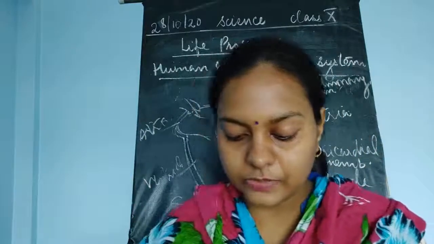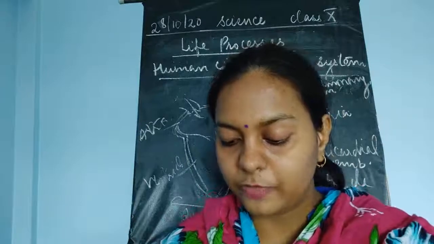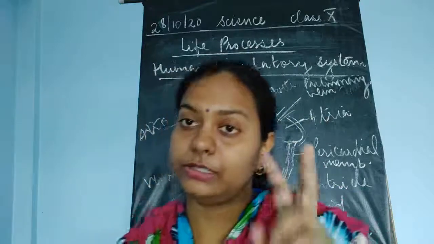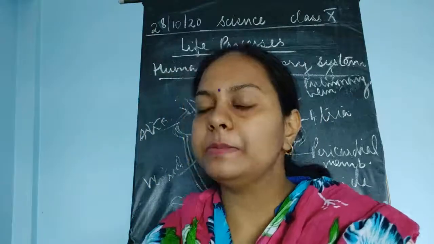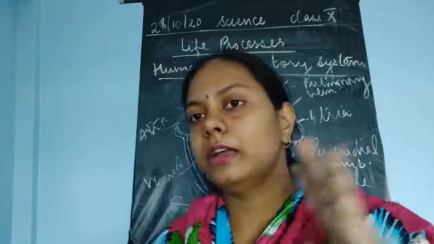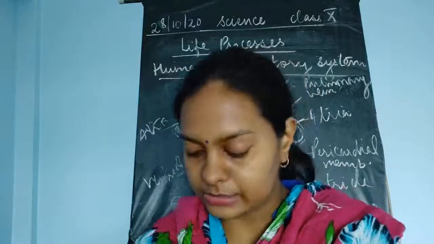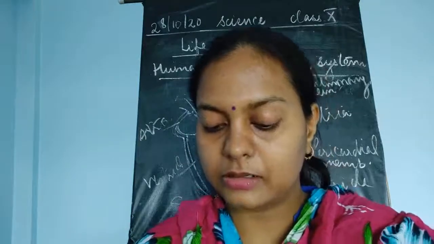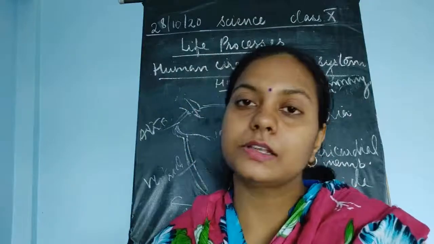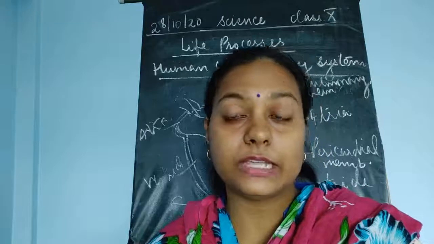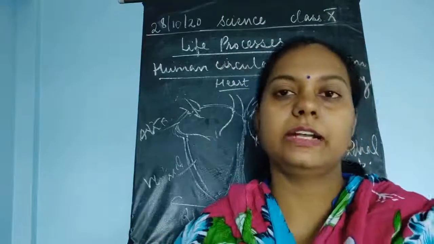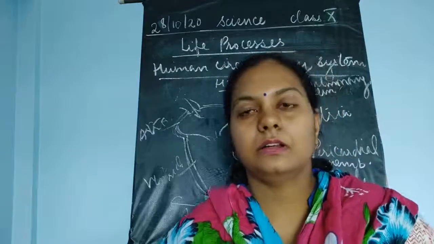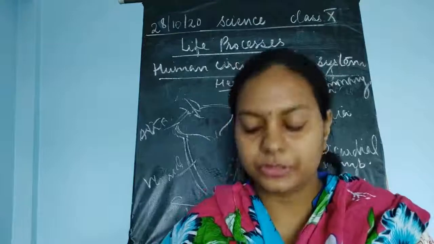Before describing the circulation of the blood, we should keep the following points in mind. First, the blood circulates in our body in two ways: oxygenated and deoxygenated. Oxygenated blood means pure blood carrying oxygen. Deoxygenated means impure blood carrying carbon dioxide. Blood is oxygenated inside the lungs, where the alveoli are present. These alveoli exchange the carbon dioxide with oxygen, take up the carbon dioxide and pass it again to the heart, so that the impure blood is brought back towards the lungs to get purified.